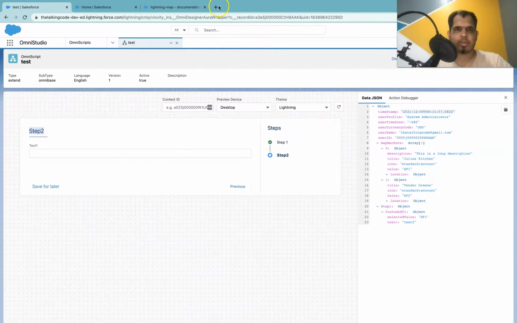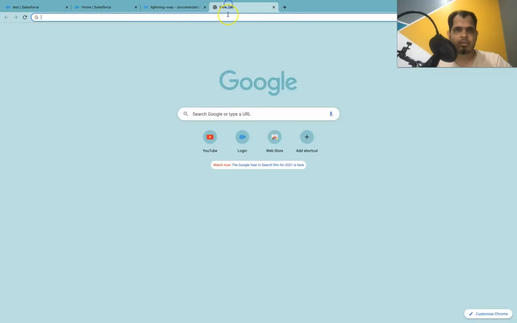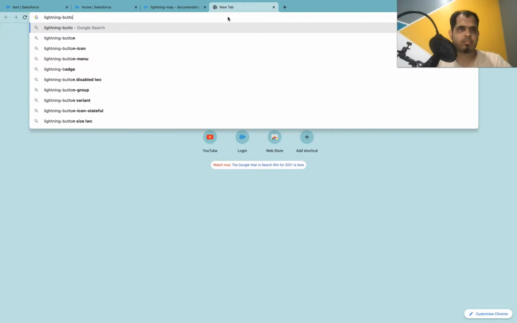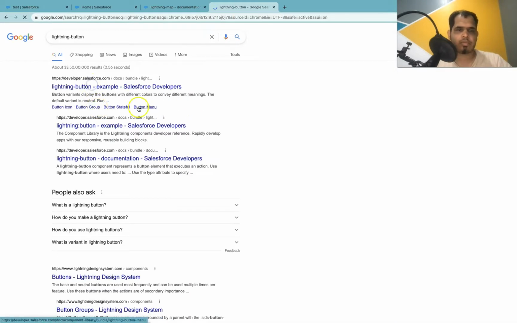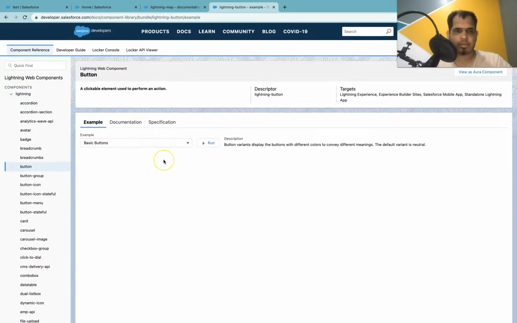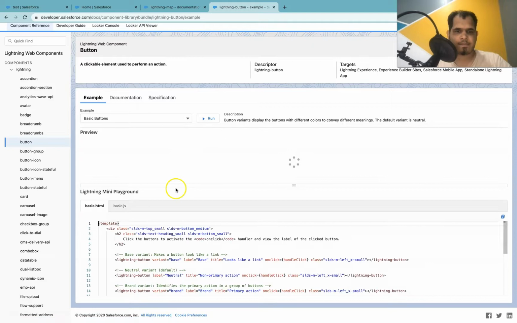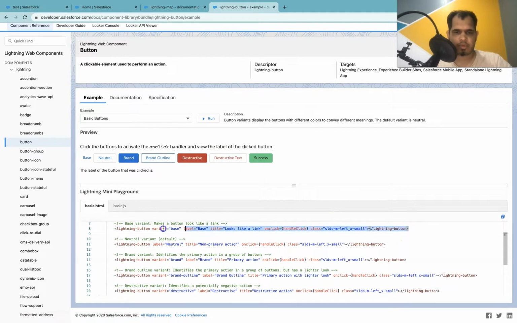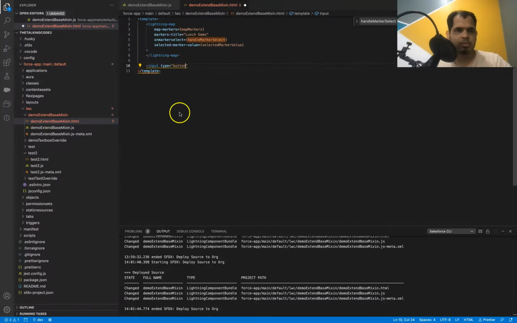or maybe we can have a lightning button. So we will use this. Go to next step, and I will call it custom next button.